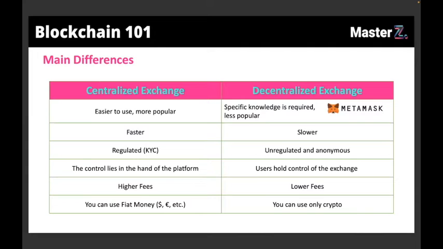As we go on, the next difference is that centralized exchanges are regulated. They are companies, of course, so they have to follow rules and laws. So for example, if a centralized exchange wants to sell assets in a certain country, they have to get permission from that country and they have to abide by the law. And so they ask every customer to identify themselves, as I said before. So you have to give your ID and they have your personal information. So you cannot do any illegal stuff in there because you have to follow their rules, of course. And this is one aspect.